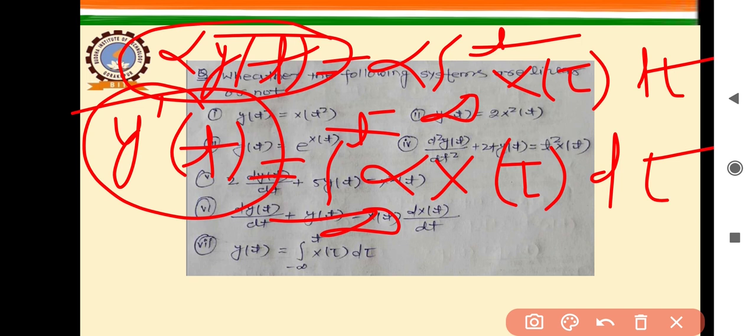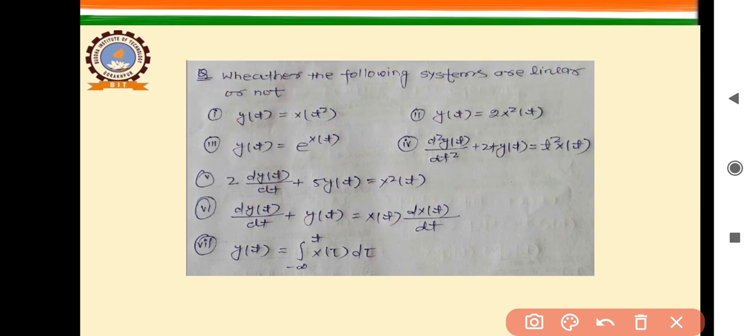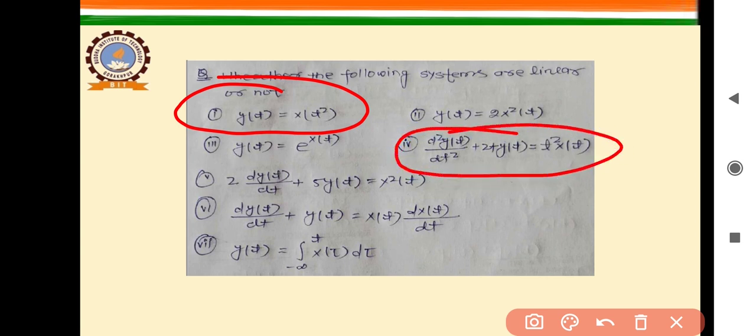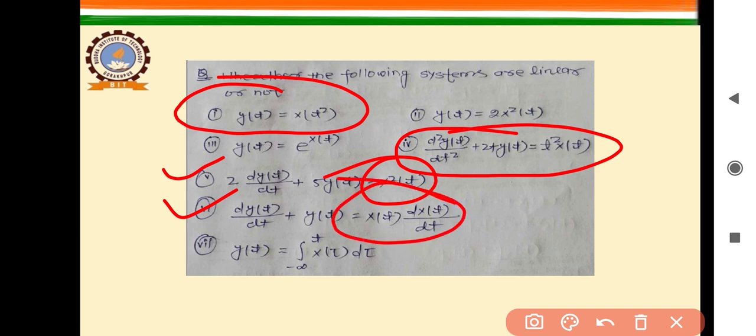So in the given systems, I will highlight the systems which are linear. This is a linear system. Again, this is a linear system. These two systems are non-linear. Why? Because here is a term x square which makes this system non-linear. The x square violates the law of additivity. Here there is a multiplication of inputs. That's why this will violate the law of homogeneity. These two systems are non-linear, but this system is a linear system.